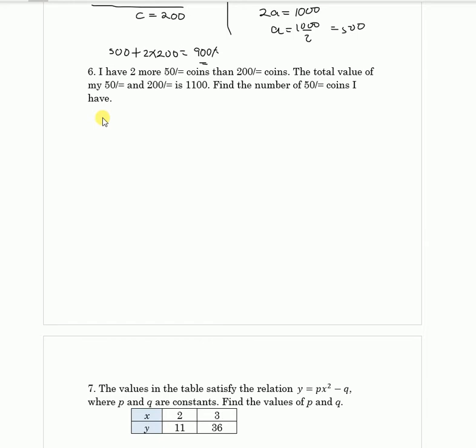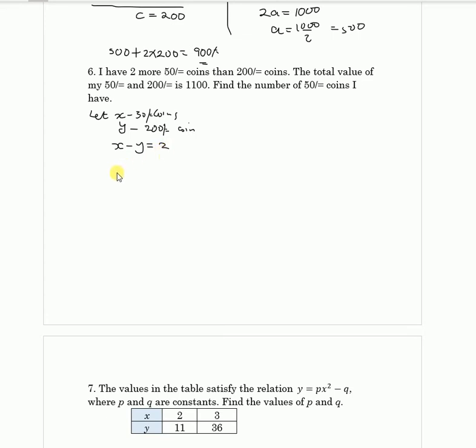Let us assume that x signifies the number of 50 shilling coins, and y signifies the number of 200 shilling coins. The 50 shilling coins are more than the 200 coins by a difference of 2. So when I get the number of 50 coins I have, subtract the number y of 200 coins I have, the answer I get is